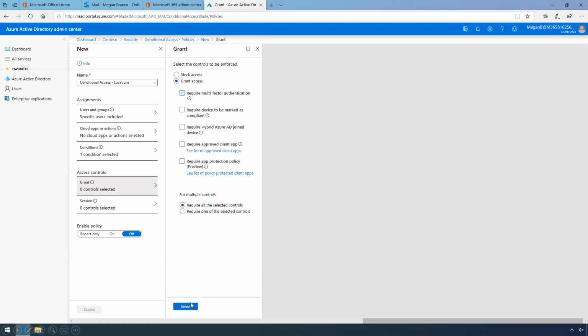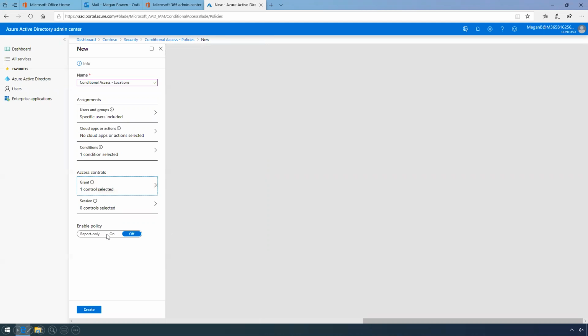And we're going to then say select. And notice down here, when I configure these policies, I can do testing if I want to just put it in report only mode, or I can turn it on right away. And in this case, I want this policy enabled. So I'm going to go ahead and turn it on, and I'm creating it. So yet again, all employees,